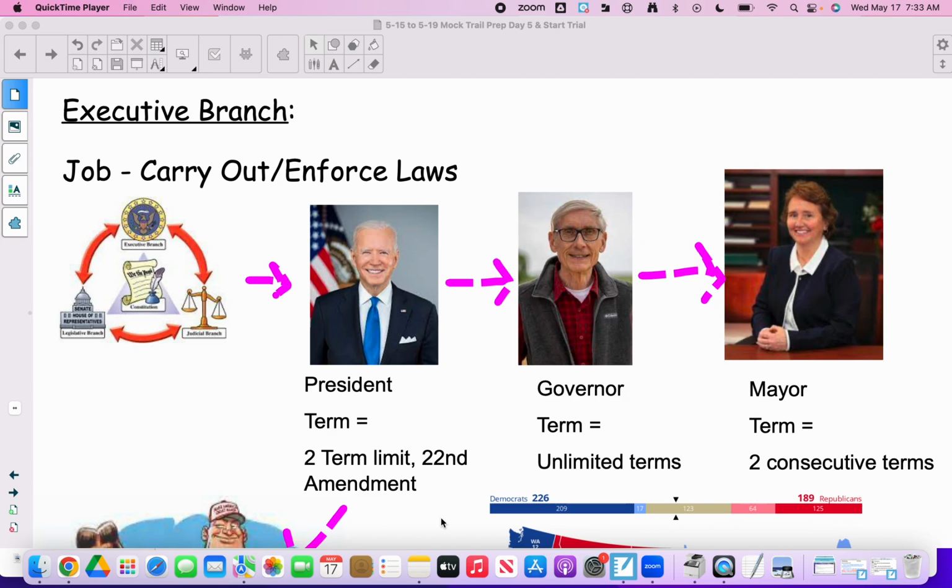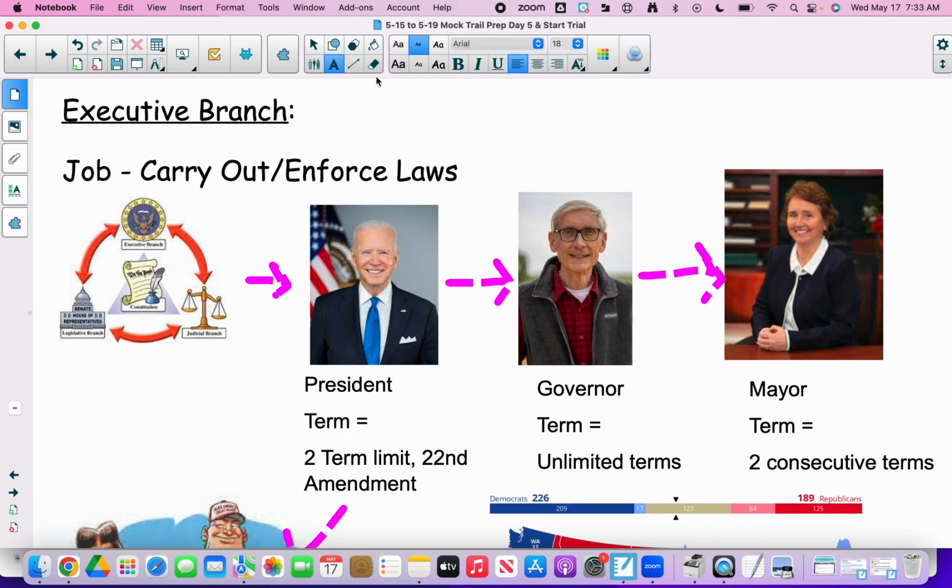As we began with the legislative branch, we know that our three branches of government were created at the Constitutional Convention in 1776 in order to balance out our government power. The legislative branch makes the laws, the executive branch, which we're talking about today, carries out and enforces the laws. Remember, the purpose of checks and balances is so that no one group or person has too much power, and we don't have a monarchy anymore. So the executive branch can check the nation's laws